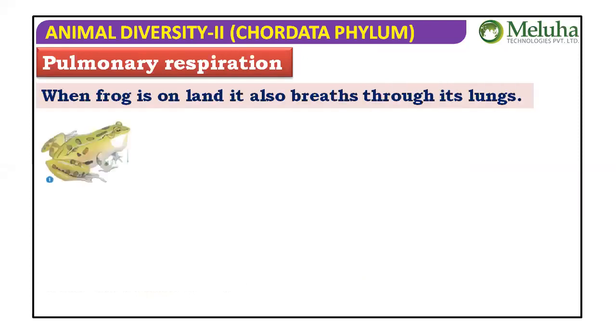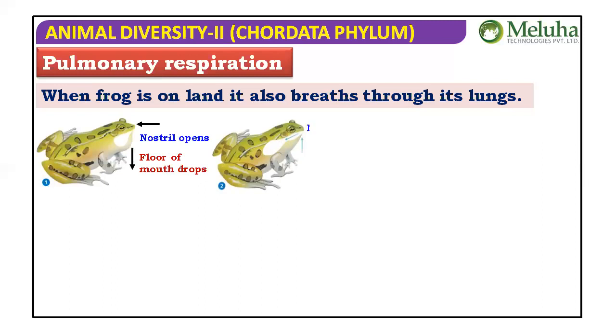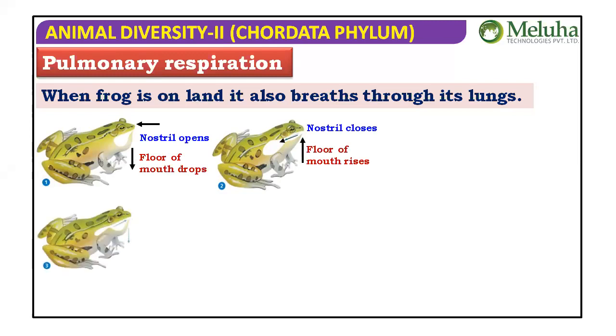When the frog is on land, it also breathes through its lungs. That is what the text sentences I am reading now. Nostril open, floor of mouth drops, air enters into the buccopharyngeal cavity. The nostril closed, the floor of buccal cavity raises, air enters into the lungs. This is the inspiration. Okay, what about expiration? That air from the lungs enters into the buccopharyngeal cavity. Then after, buccopharyngeal cavity again raises,